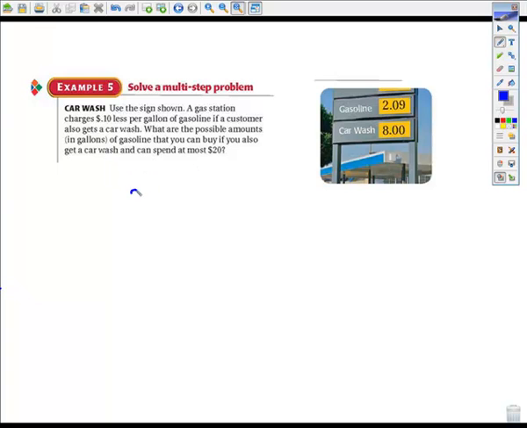So it's going to cost you $8 for the car wash. Plus, since you're getting the car wash, it's going to cost 10 cents less, so $1.99 per gallon of gas. And you can spend at most, so less than or equal to, $20. So here's the scenario. And now we need to go ahead and solve this. So when we solve this, we would subtract 8, so we're going to get $1.99